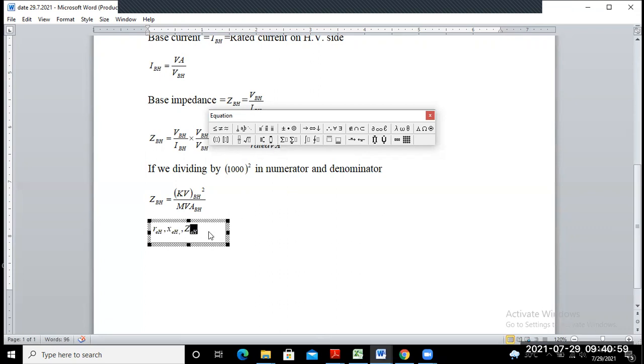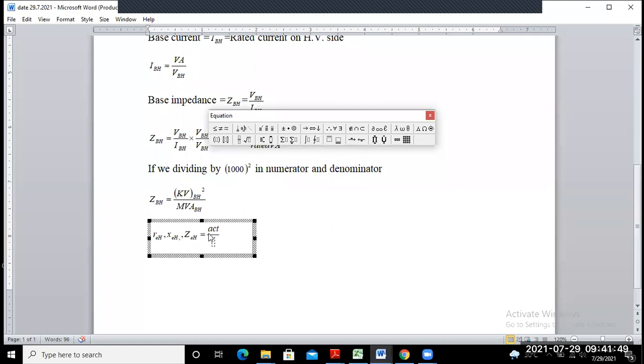So this one is nothing but the actual value of REH, XEH or ZEH, whatever you may want, either resistance, reactance or impedance, in ohm, divided by the base value of the impedance in ohm. So it is equal to the actual value of REH, XEH or ZEH. If we want to find the per unit value of resistance, reactance, or impedance, that means REH, XEH, then ZEH.